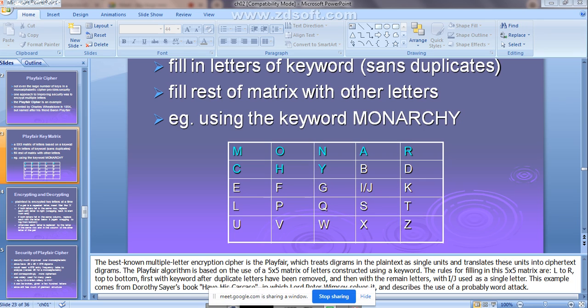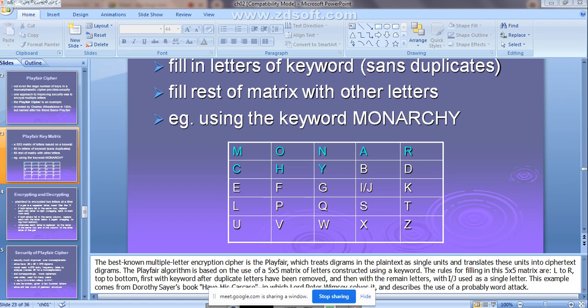Again, compulsory alphabetical order. A is there, so next B you have filled. C is there, D you have filled, E, F, G, I, J, K, L, M, N, O. Both three letters are there, so the next letter P is not there, so you fill P. Q, R is there, leave that one. T, U, V, W, X, Y is there, so the last letter is Z. Like this you fill the letters in the 5 by 5 matrix. This is how exactly the Playfair cipher works.